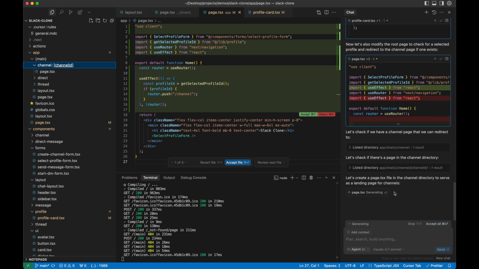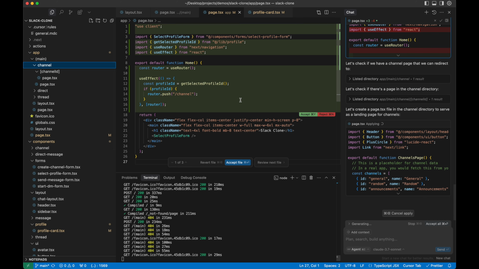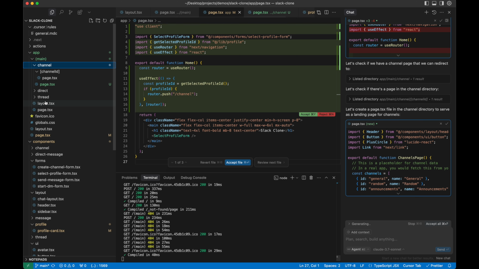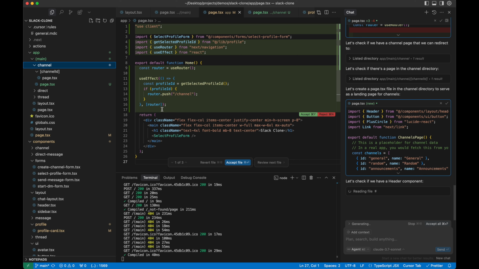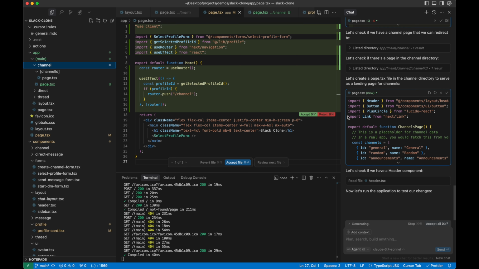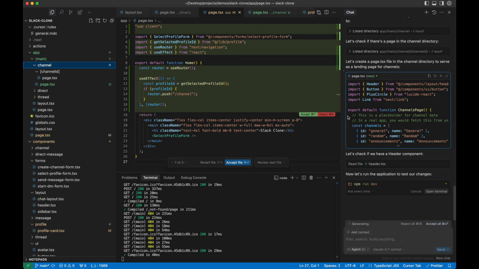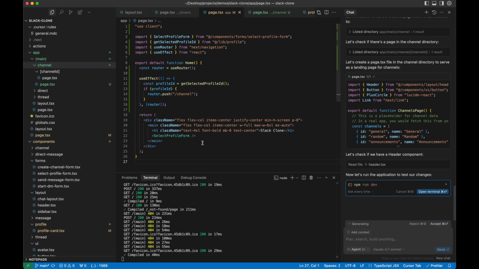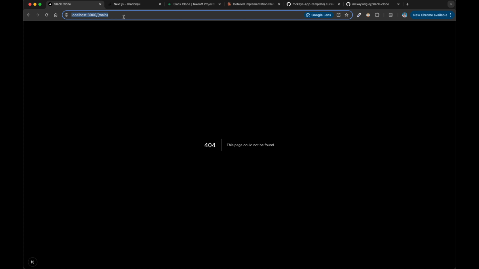So if it can get out of this issue, this will be very, very good here. Okay, so theoretically now,